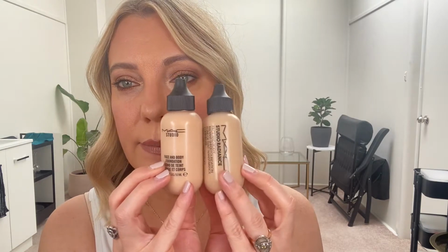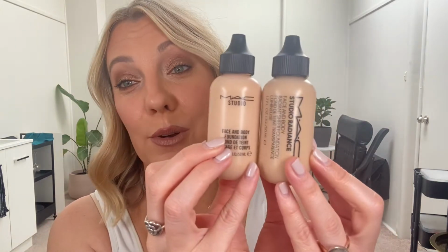Oops, sorry, there we go. I mean, look, same bottle. It is one of my favorite foundations. I've had it in my kit for literally like years. It's great for photo shoots, doing models. It's great for events, red carpet. It's even just good for when you're going out and you need to even out skin tone on the body